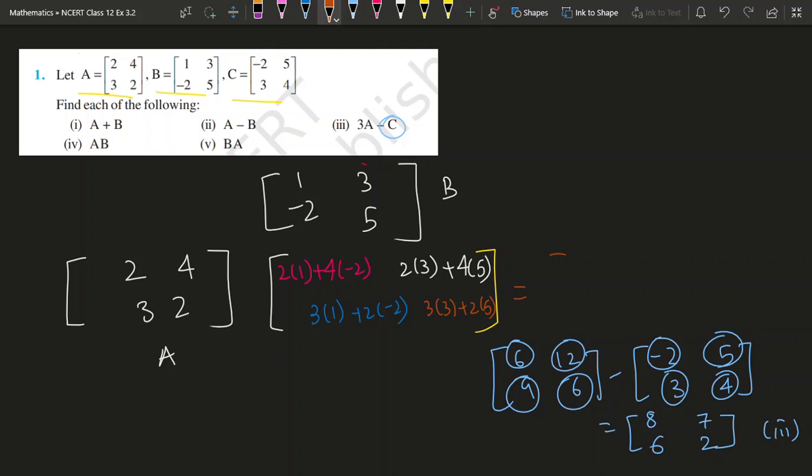Once you compute this matrix, it will be 2 minus 8, so minus 6, 3 minus 4 is minus 1, 6 plus 20 is 26, and 9 plus 10 is 19, and that's the matrix AB. Now I would leave B times A as an exercise for you to try on,